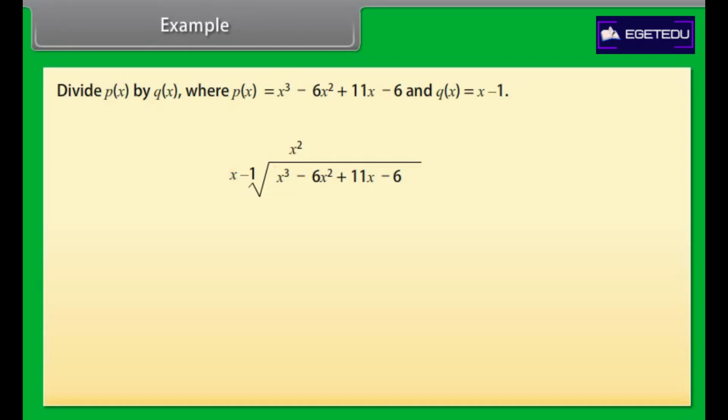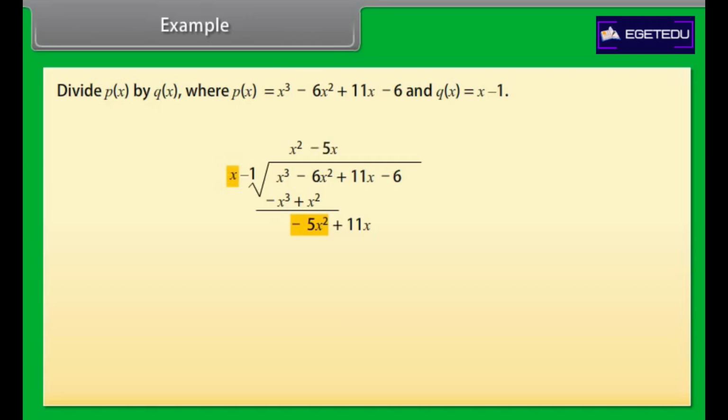Example: divide p(x) by q(x), where p(x) is equal to x cubed minus 6x square plus 11x minus 6 and q(x) is equal to x minus 1. We can write it this way also. The next step is to divide the first term of the polynomial. The first term should be the one with the highest power by the x part of the factor. In this case, you divide x cubed by x to get x square, which you then write at the top